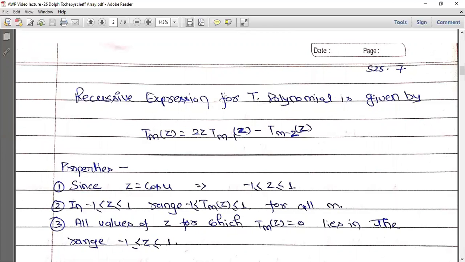Now, as I told you, the Chebyshev polynomials have very interesting properties. What the properties are, and how we can use Chebyshev polynomials for designing a non-uniform antenna array, is the topic we are going to handle now. The properties of Chebyshev polynomials are, since we have already considered that cos u is defined as z, or cos u is replaced by z.